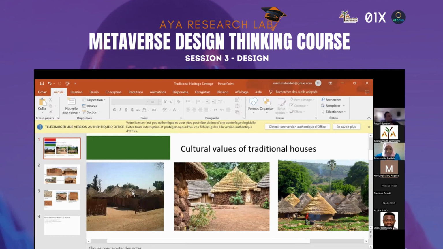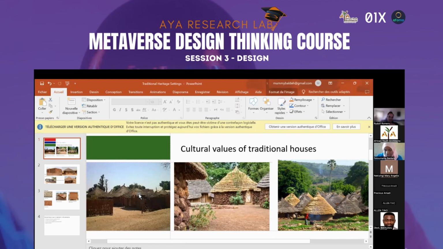So basically, this first setting has to do with a family compound house, and there's always hierarchy in the settings of the traditional compound. You always see the visibility of the symbolism of each and every hut in the traditional settings.